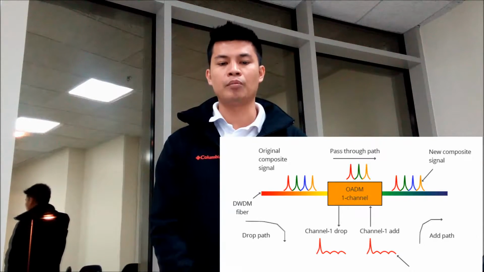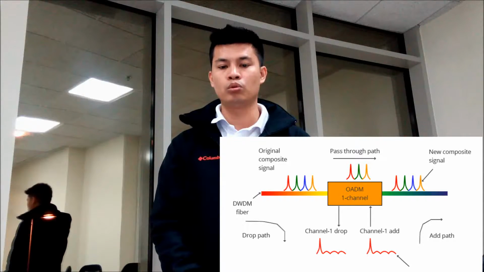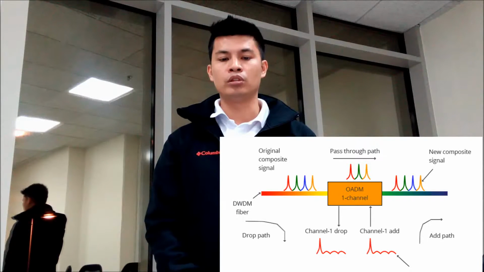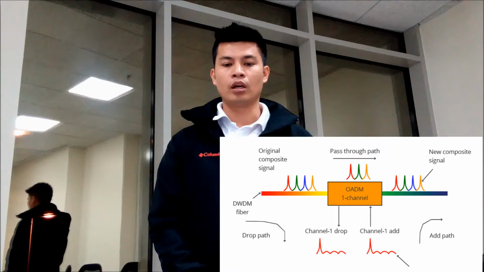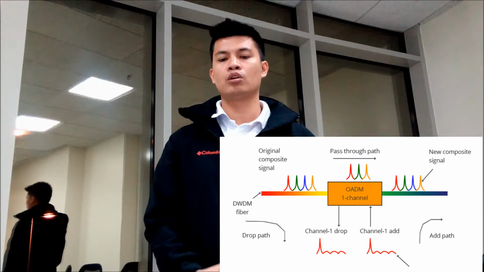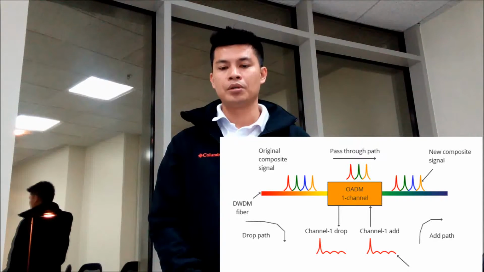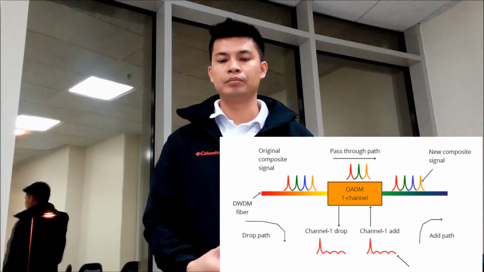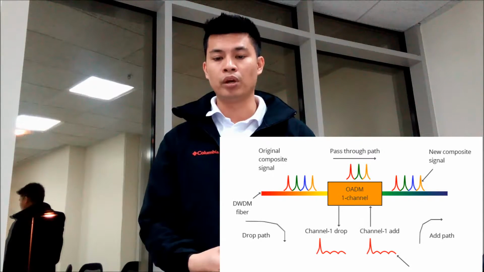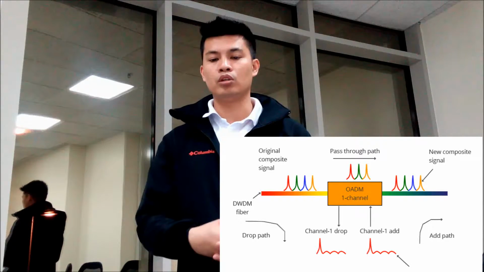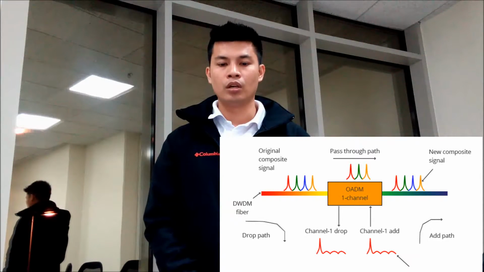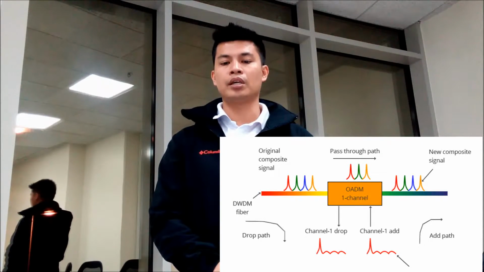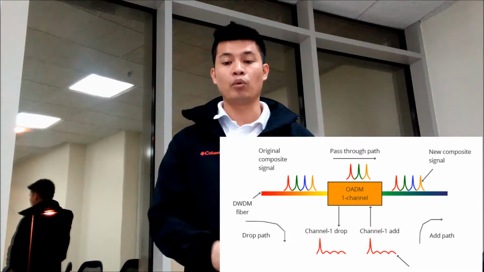From the left, an incoming composite signal is broken into two components, drop and pass-through. The ODM drops only the red optical signal stream, and then the drop signal stream is passed to the receiver of a client device. The remaining optical signals that pass through an ODM are multiplexed with a new wavelength, added signal stream. The ODM adds the new red optical signal stream, which operates at the same length or wavelength